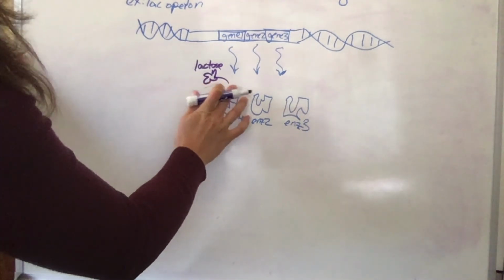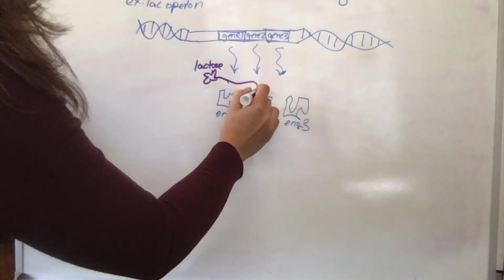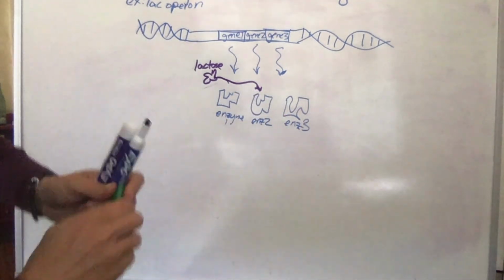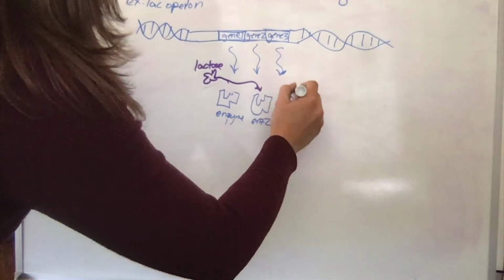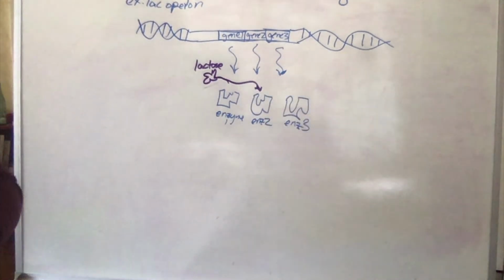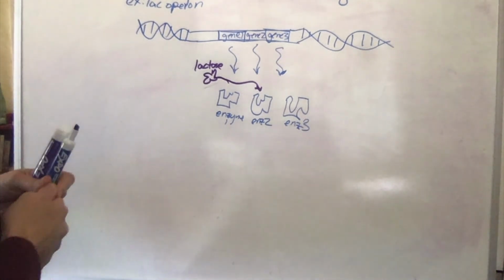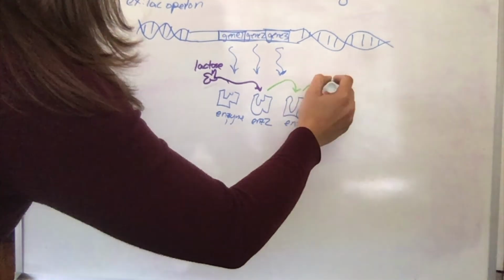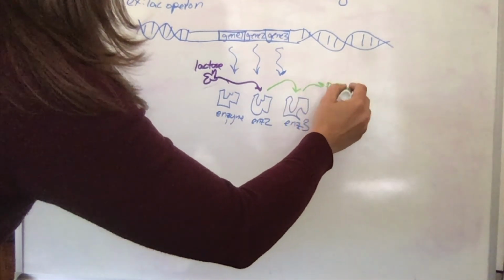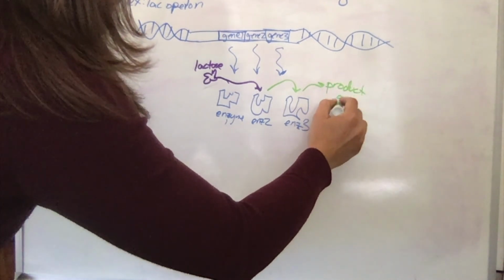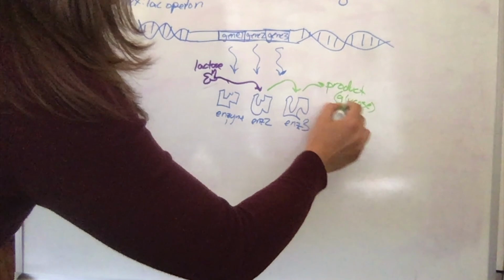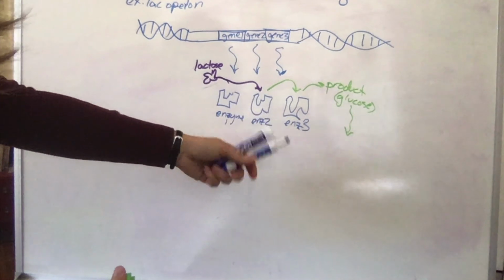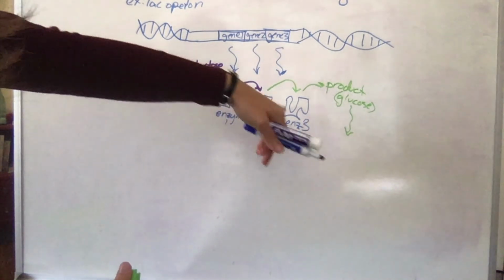Actually, enzyme 1 brings lactose into the cell. Lactose becomes the substrate for this enzyme here, and a product is produced that then becomes the substrate for enzyme 3. And there's a product that's produced here that includes glucose that can then go work in the cell. So this is the catabolic reaction where lactose is brought into the cell and then is broken down into a